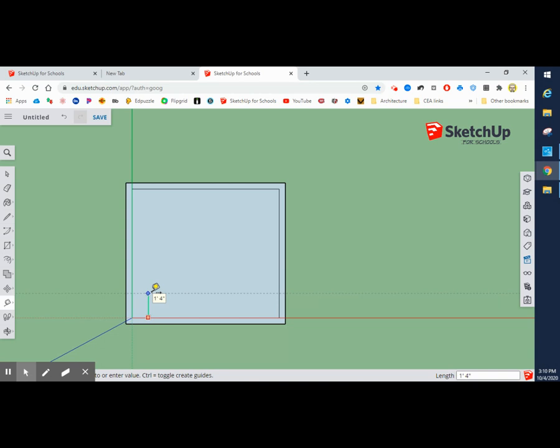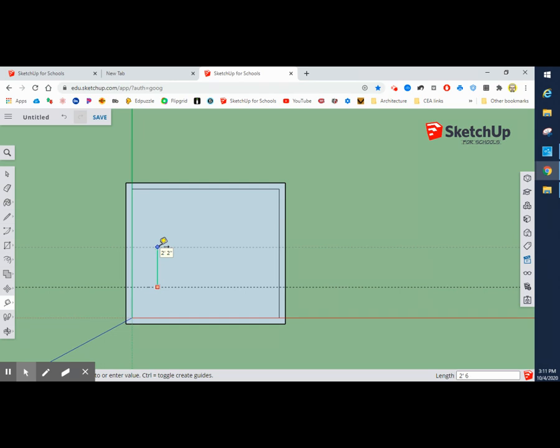Remember our input box in the lower right hand corner; right now it says 1'4". Well, we want that to be 20 inches, so we can simply key in 20 and the quote mark for inches, hit enter. We've got a guideline to work from. In our bathroom, we're going to put in a 30-inch, otherwise known as a 2-foot 6-inch door. So we're going to use another guideline. We'll click on that first guideline that we created, move our mouse up, and we're going to use 2 feet